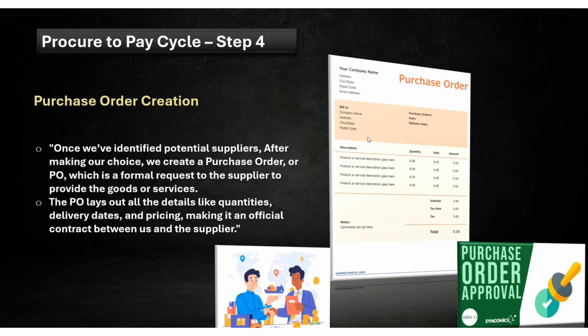Sometimes before we finalize the order, it needs to go through an approval process. This is known as a release strategy in SAP. It's basically the way to ensure that everything is checked and approved by the right people before we proceed. For example, our purchase order for steel might need to be approved by the purchasing manager at ABC Manufacturing. Once they give the green light, then the purchase order is officially released and sent to the Steelco. Okay, so this is all happening in the purchase order creation. Let's move on to the second stage,